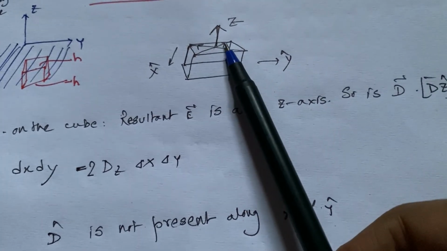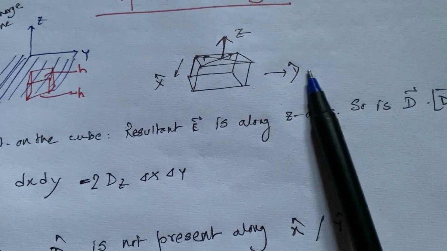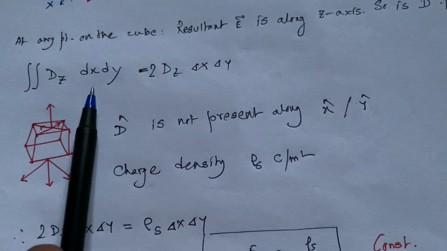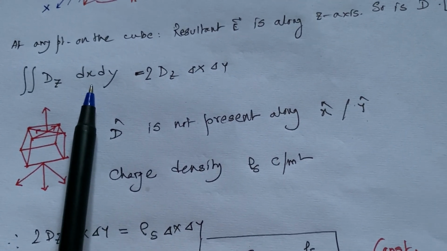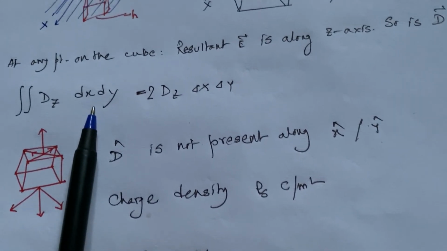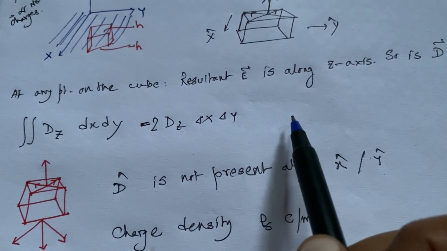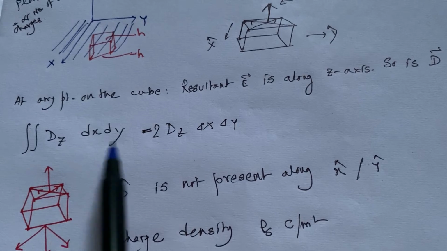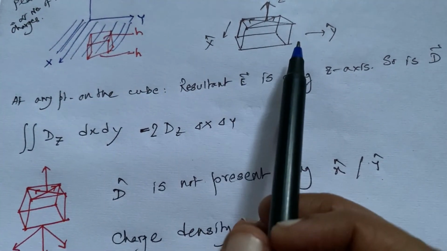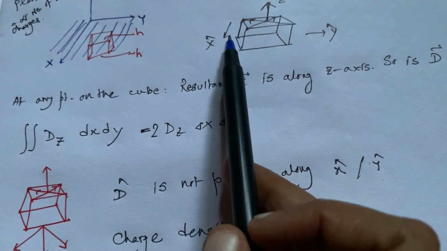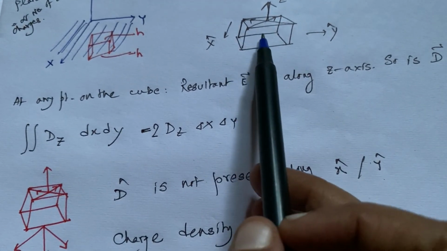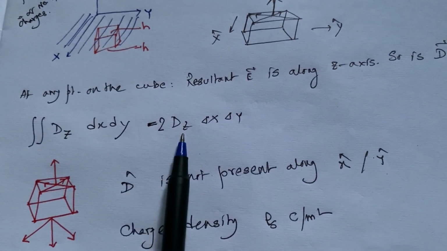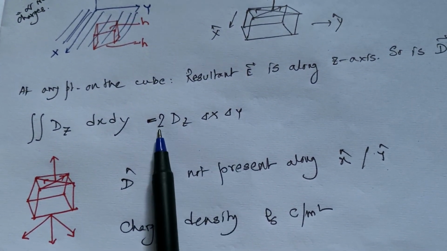As the electric field is along the z direction, D does not have any component along the y or x axis. If we want to find the left hand side of Gauss's law, that is the closed surface integral of D over the surface dS, what is the surface dS here? dS is nothing but dx dy. Integration should be done over dx dy because this is just a cube. If this surface is considered to be Δx and this surface is considered to be Δy, then the left hand side of Gauss's law looks like Dz Δx Δy, but with a factor of 2 here.